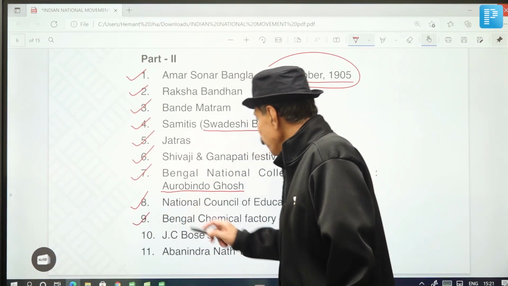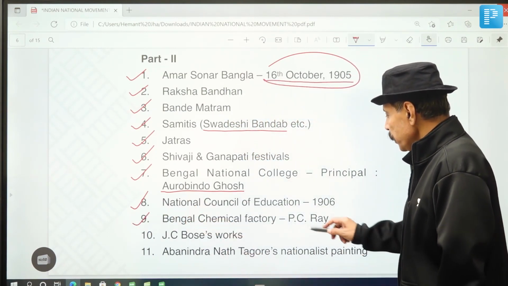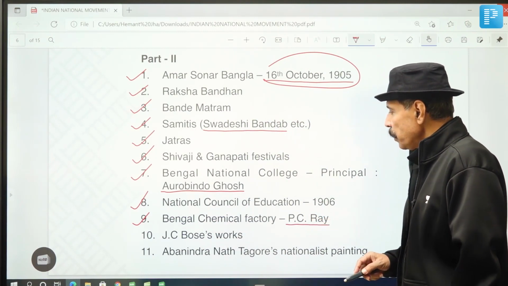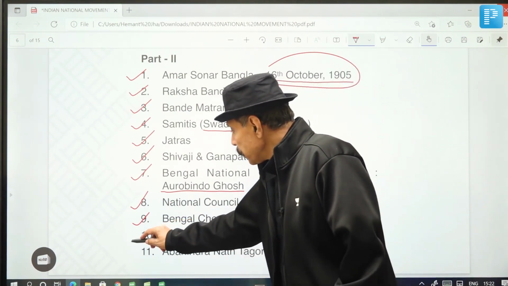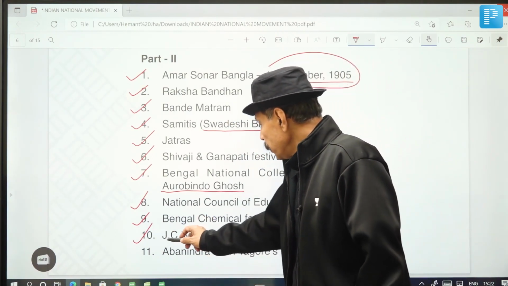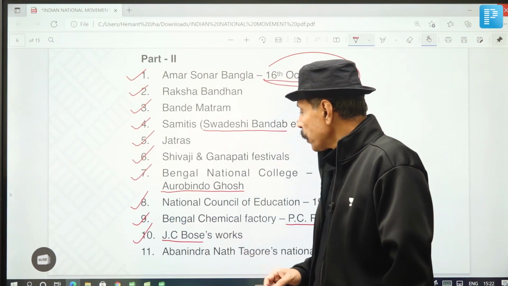Next is Bengal Chemical Factory. This was founded by the famous scientist P.C. Ray. 10th is, this is the period when we find the works of the famous scientist Jagdish Chandra Bose. And 11th,